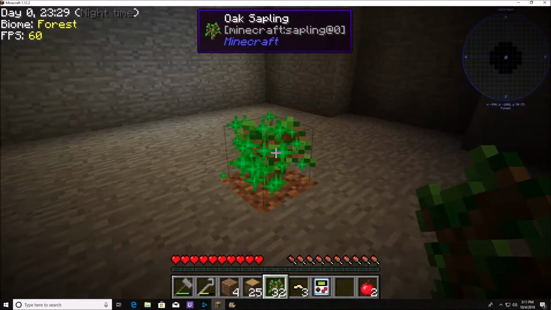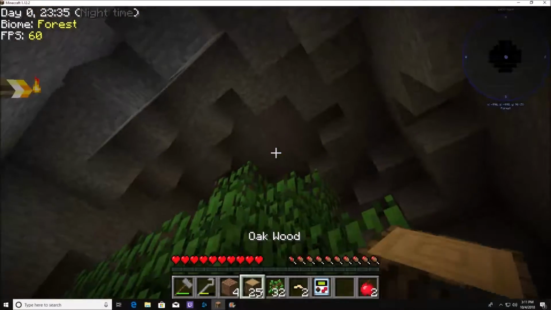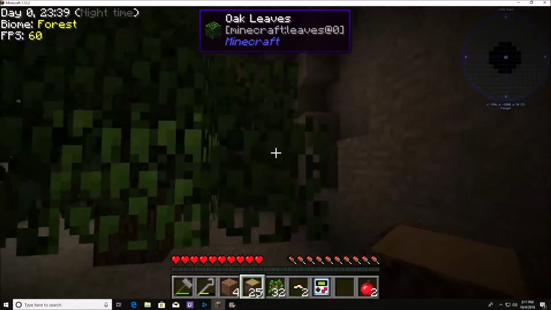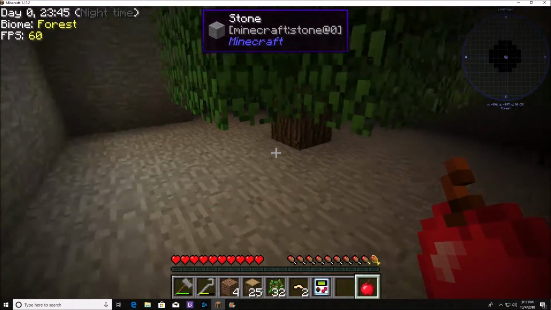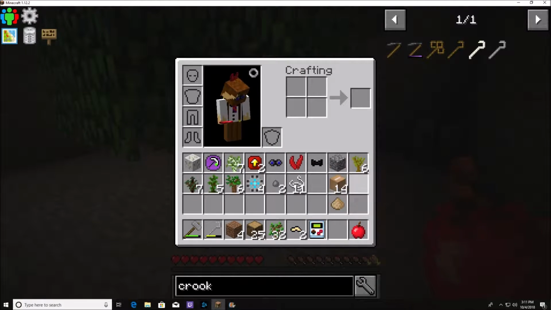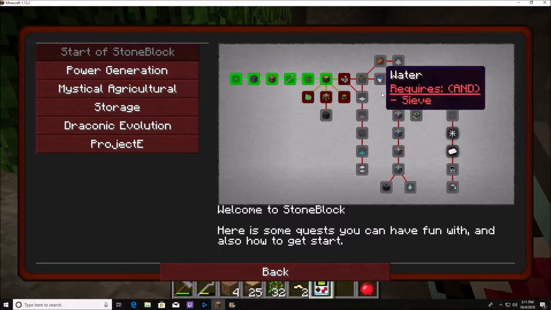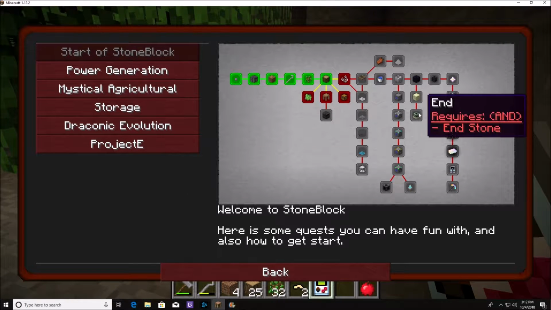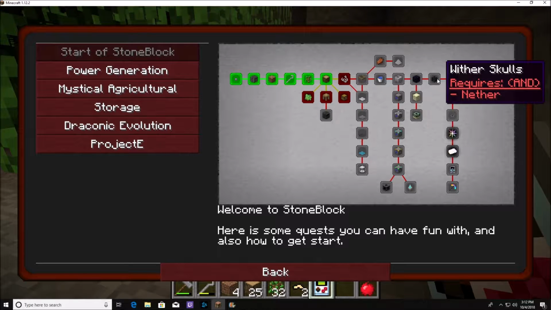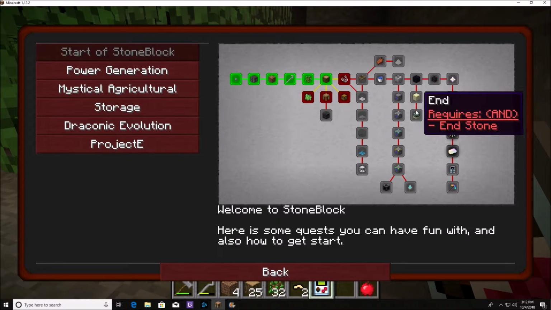Alright, so let's get some more string here. We'll infect this. And the more the infection spreads, the faster it spreads, which is kind of cool. But basically, while that's doing that, you kind of follow this along. There's going to be a point here, actually pretty quickly, where I'm going to be playing a little bit more with you just so that you can see how some of these mechanisms work, where you're kind of blocked. So this is Wither Skulls, get a Nether Star from the Wither,